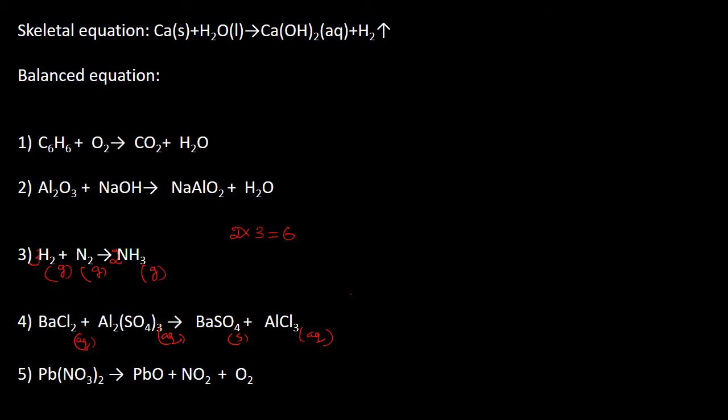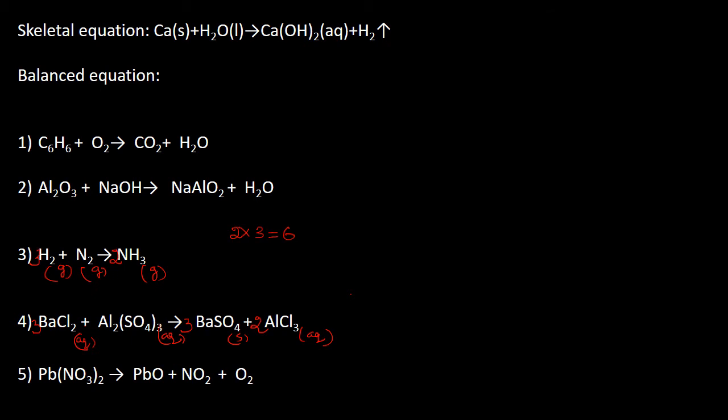And again we have to balance it here. Sulfate ions are 3 times, whereas here only 1. So let us write 3 in front of barium sulfate. So on the reactant side also you have to write a 3 in front of barium chloride. Now chlorine has become 6 on the reactant side. Product side also you have to make it 6. Now it is already balanced. 3BaCl2 plus Al2(SO4)3 gives 3BaSO4 plus 2AlCl3.